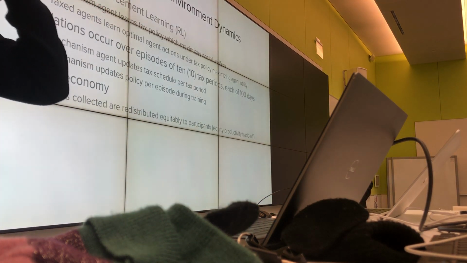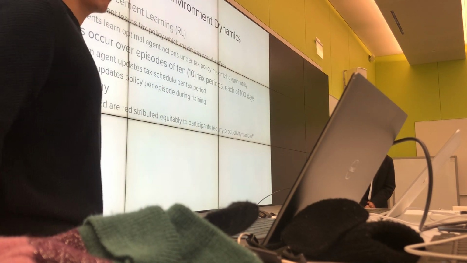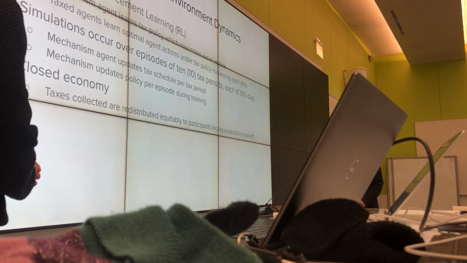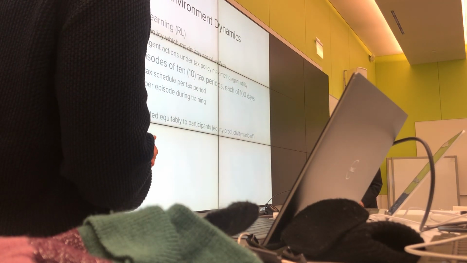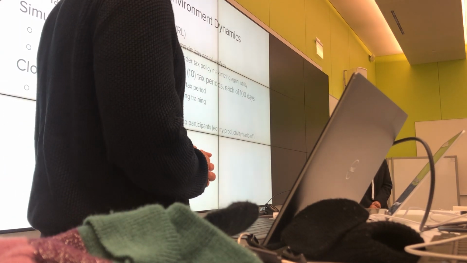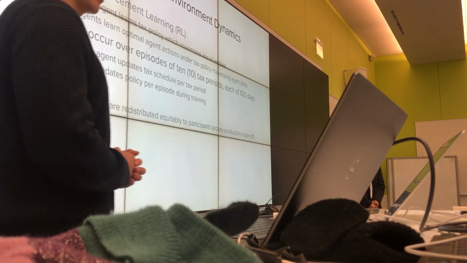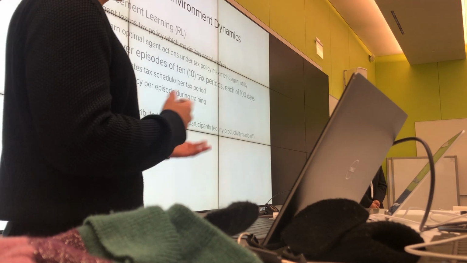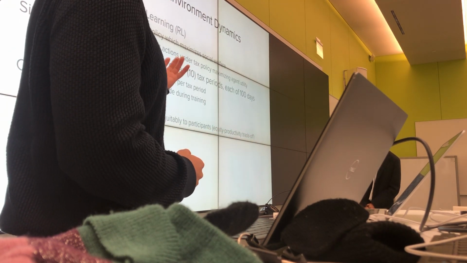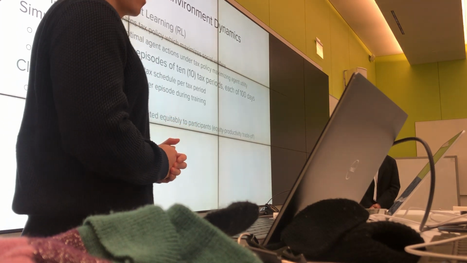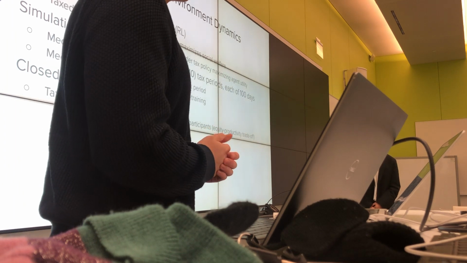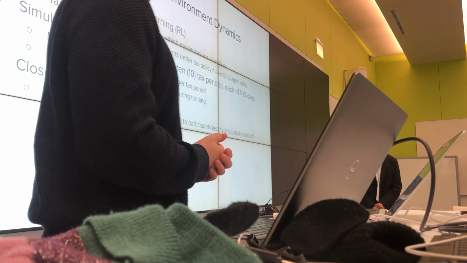Yeah, we'll start by going into the paper, after Eddie gave a great intro of reinforcement learning and the high-level environment dynamics. The nuance of this paper is that it has two-level reinforcement learning. In more plain English, at the top level we have this mechanism agent, which is trying to learn a tax policy to maximize social welfare, while the tax agents operate within that paradigm, trying to learn their own optimal actions, like how to interact with this market, this real world environment, trying to maximize their own personal utilities.